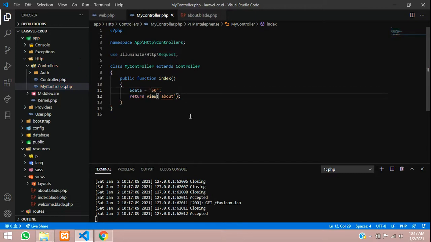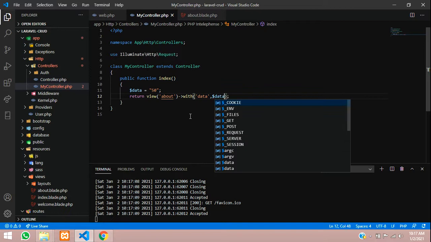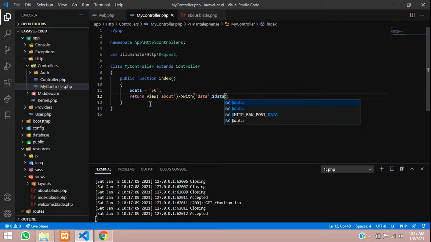Now give the with function here, with, and paste the variable name, so that will be data and your variable dollar data. Now it will go to the about page with this data 50.